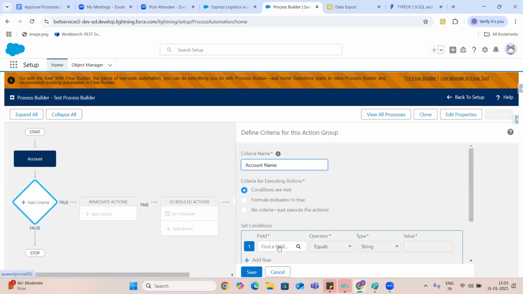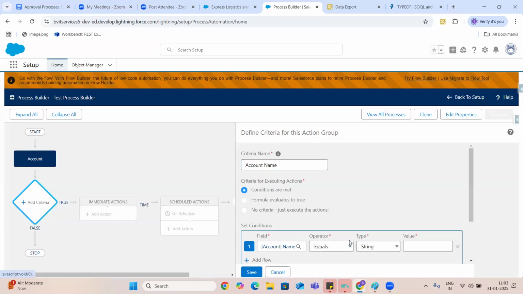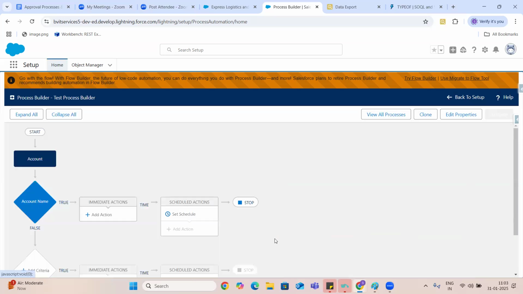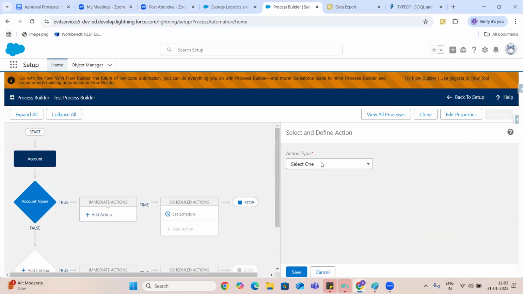I'm trying to check conditions are met. Name, choose. It's simply like when we are writing the formulas, right? The same things, guys. Test. Whenever a name contains test. So I have configured a rule. Whenever this rule is satisfied, actions.